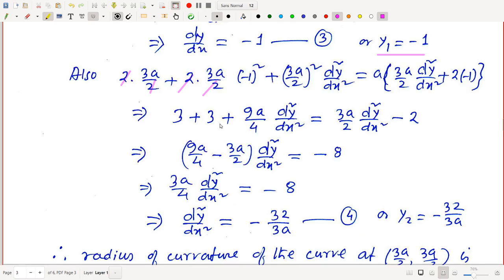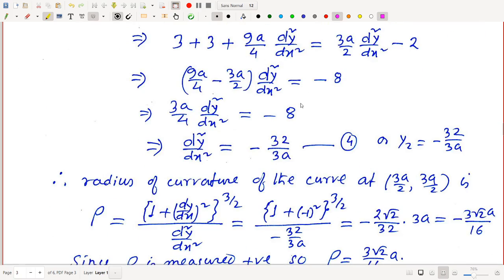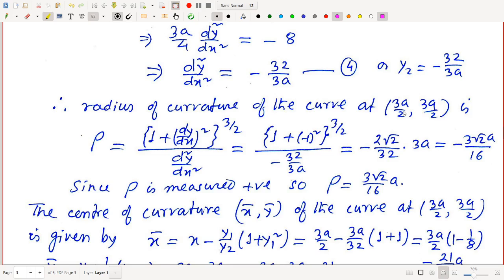Now it is 3 plus 3, 6, when side change minus 8 it becomes, and 9a by 4 minus 3a by 2, we can consider it as 6a by 4. So 9 minus 6 is 3, 3a by 4 d square y by dx square is minus 8. So d square y by dx square is minus 4 into 8, 32 by 3a, or y2, second derivative, is minus 32 by 3a. Therefore radius of curvature of the curve at 3a by 2 comma 3a by 2 is rho equal to